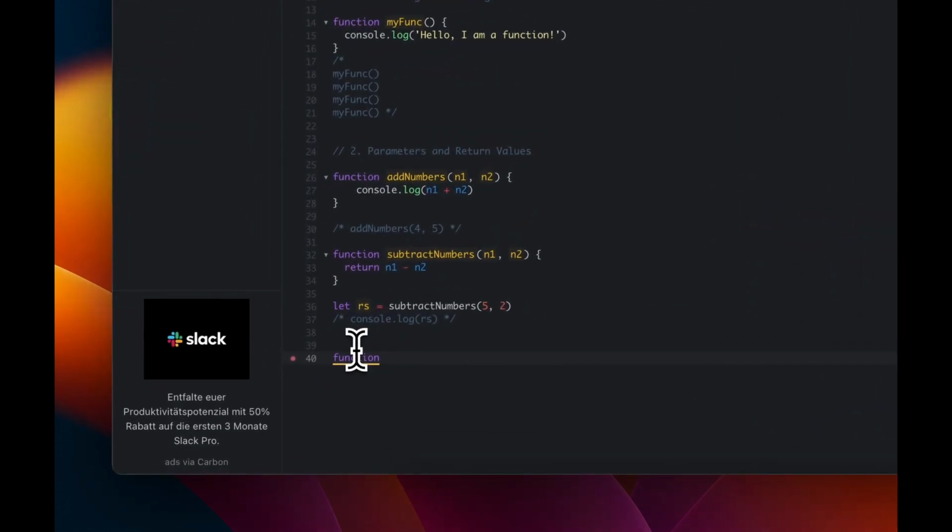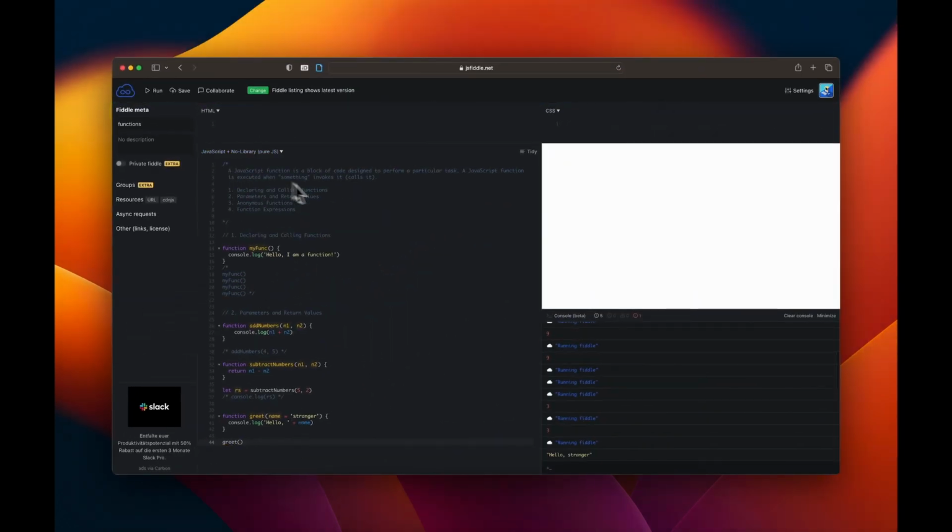I will have another function called greet, and this function takes an argument as name, and I would make a default value for this parameter, and that one will be stranger. Now I console log. Here I just use string concatenation, hello plus name. Now if I run the function or call the function, let's say greet, and I do nothing, let me console